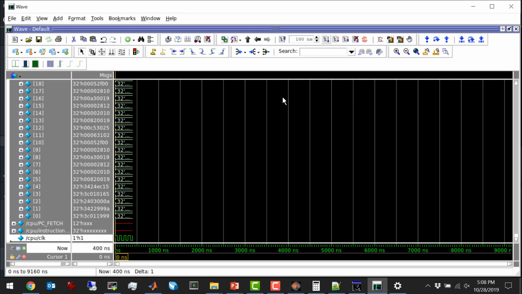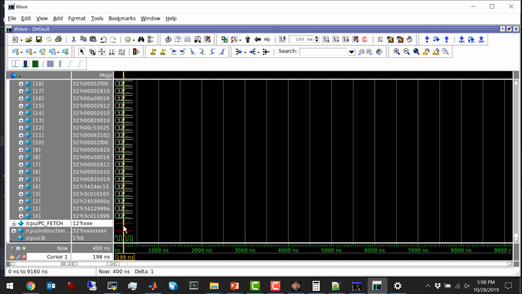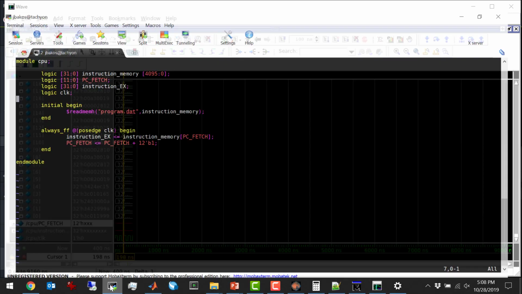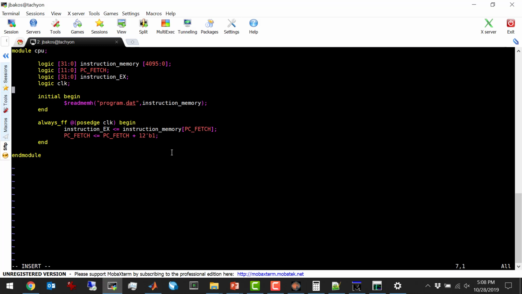Okay, so as you can see, its clock is going, but the PC never got initialized to 0. So if the PC started out as undefined and you increment it, it's still going to be undefined. So we need to initialize the PC. So I can do that easily. I'm going to need a reset signal now too. So I should have made these inputs instead of making them logics, but I can move them to the input list easy enough. Okay, so I'm going to add posedge reset to my sensitivity list,